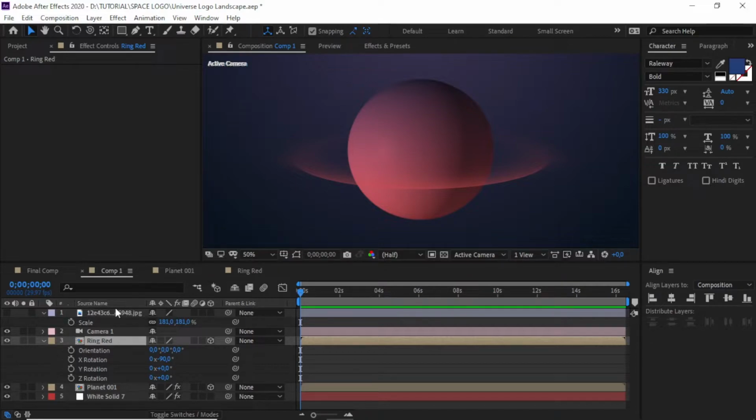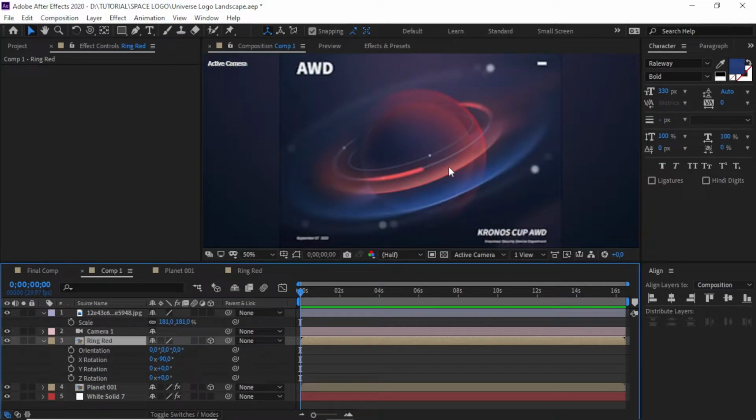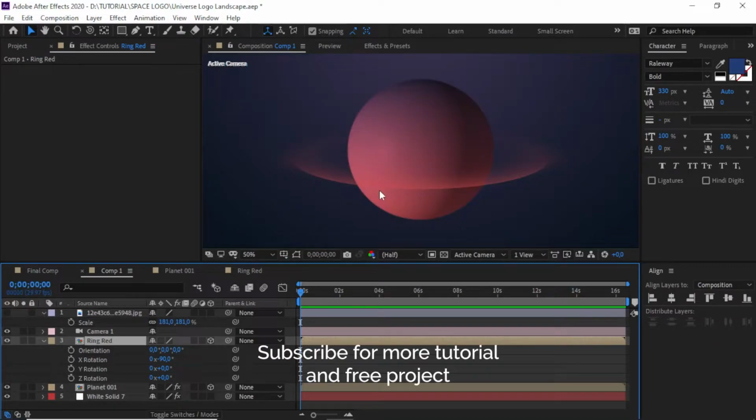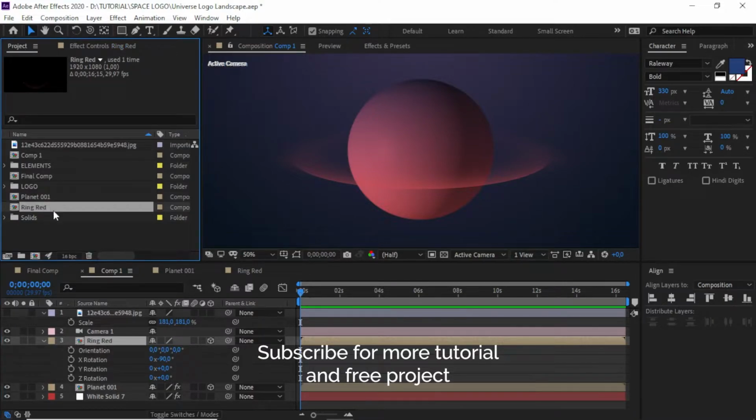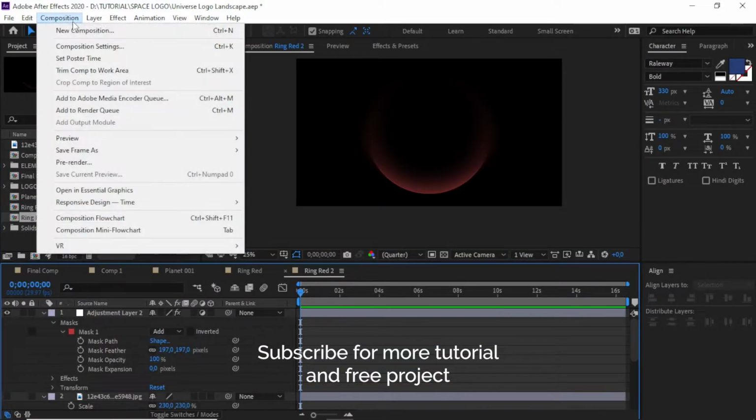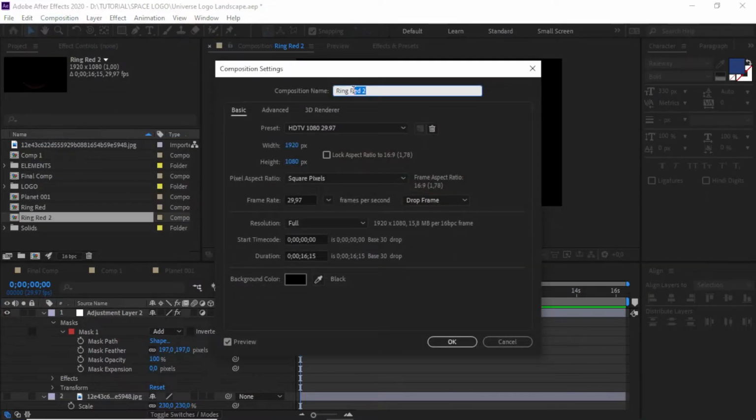Now if we look at the reference, there is a ring red and a ring blue. Now we need to create the blue ring. We simply duplicate the ring red like this, open it, and change the name to ring blue.